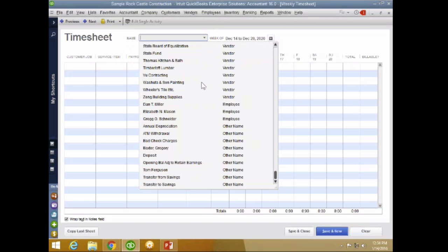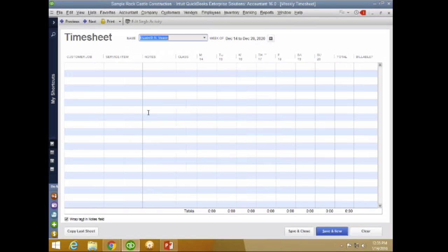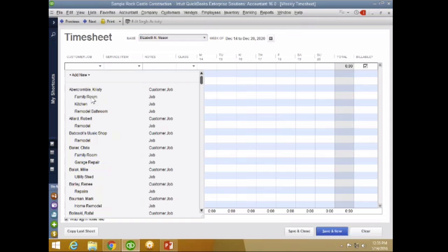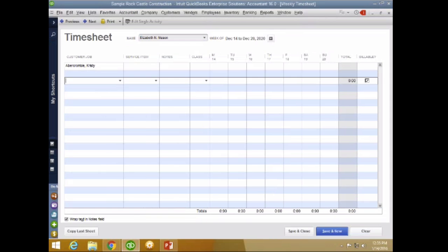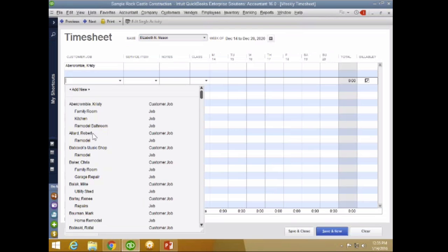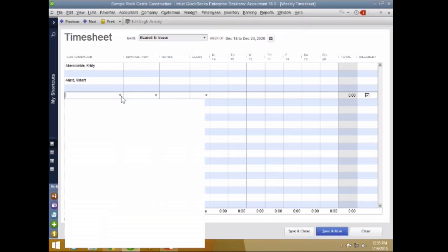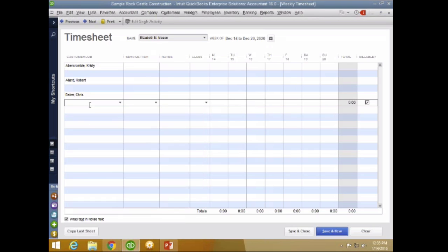I'm going to go ahead and select one of my employees here. Where is it? Elizabeth Mason. And then I'm going to select the customer job that I want to job cost their time to. So I'm going to select the first customer, Abercrombie Christie. And then I'm going to skip a line and I'll tell you why in a second. I'll select the second customer, which is Robert Allard. And then I'll select my third customer, Baker Chris. So let's assume for a second that Elizabeth Mason went to work that week and she worked in 3 specific